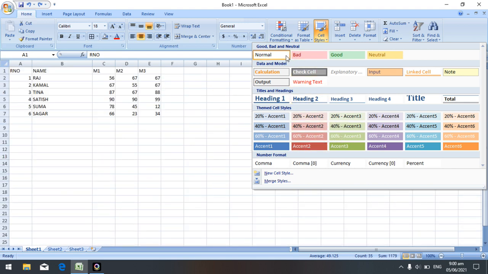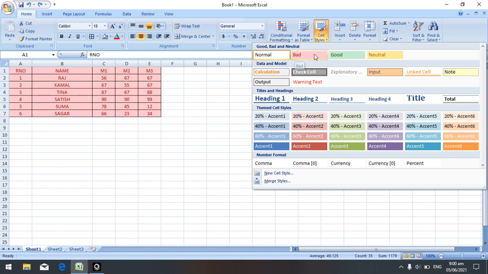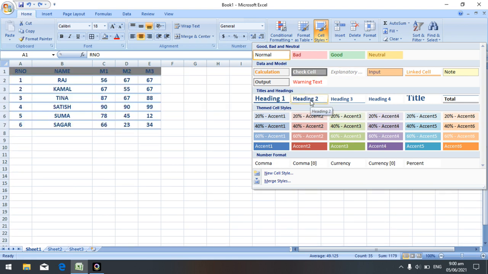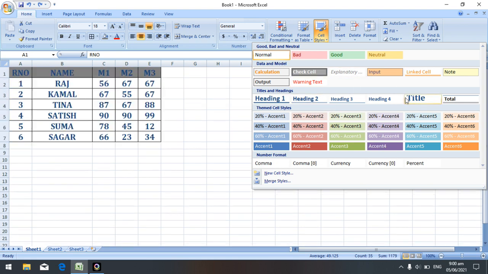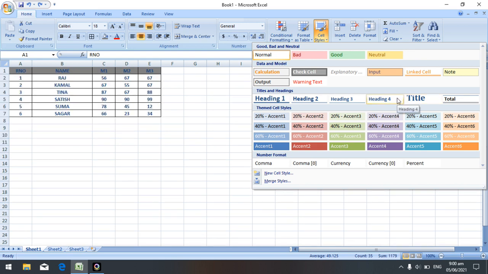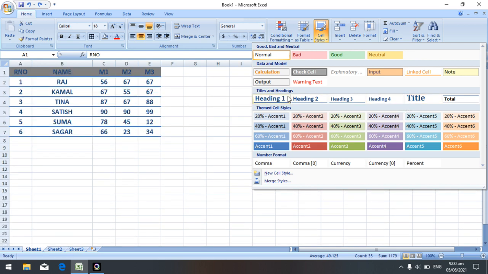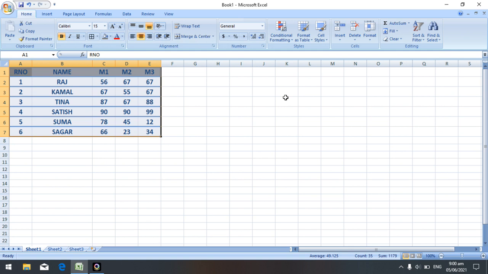I want normal only, so I will apply normal. This is a bad one, this is a good one, this is a neutral one. If I want the headings, you can apply heading 1, heading 2, or if I apply title, in title the font size is very large. Then this one is heading 4. Whichever option you want, you can apply it.